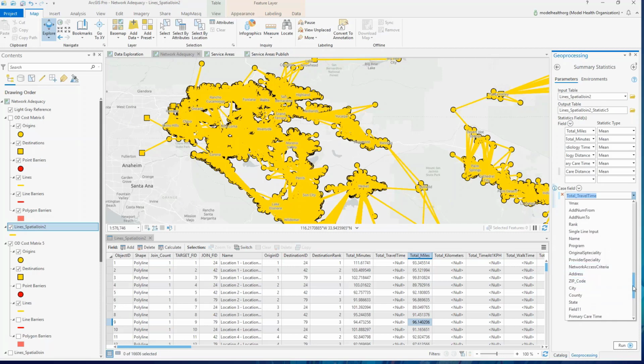And I want to also do provider specialty. And then I want to do county designation here, which I've actually got this one. I didn't put a field alias on this one, so this is actually my field 11 here. And then I can go ahead and run that